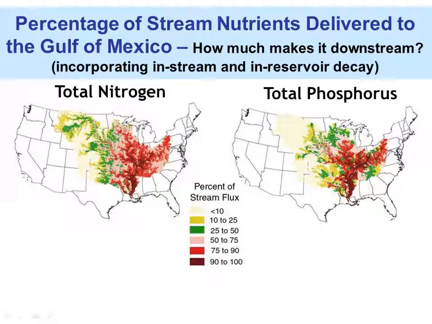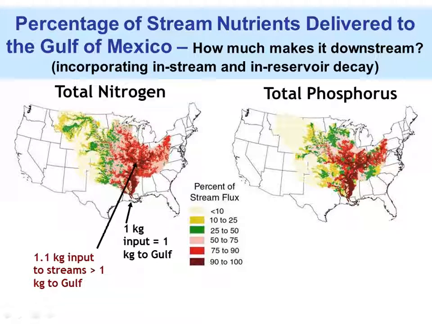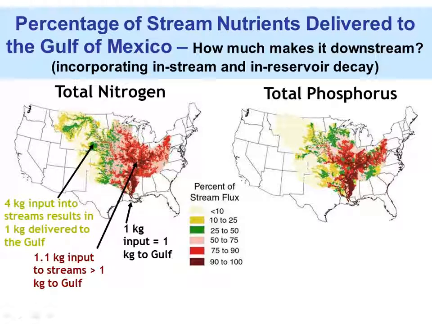The other thing is that we know that once nutrients get into the stream, some get delivered a little more efficiently downstream than others. If we look at nitrogen on the left here, you can see the darker colors, and the percent of the flux is really close to 100. What that's saying is if nutrients came into the main stem of, in this case, the Mississippi, almost everything is delivered downstream. So if we wanted to get 1 kilogram lost into the Gulf, on most of the main stem almost all of it gets down. So 1.1 kilograms that gets in is going to get down to the base.